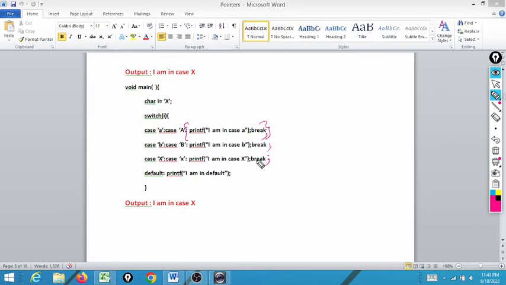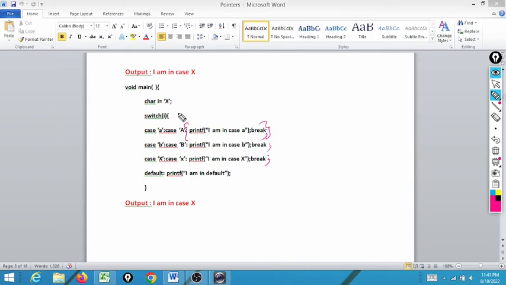We have to write a semicolon after the break. Like in if else, if there is only one statement, then braces are optional; if more than one statement, braces are compulsory. Here, whether you want to execute a single statement or more than one statement in a case, in all the cases braces are optional.